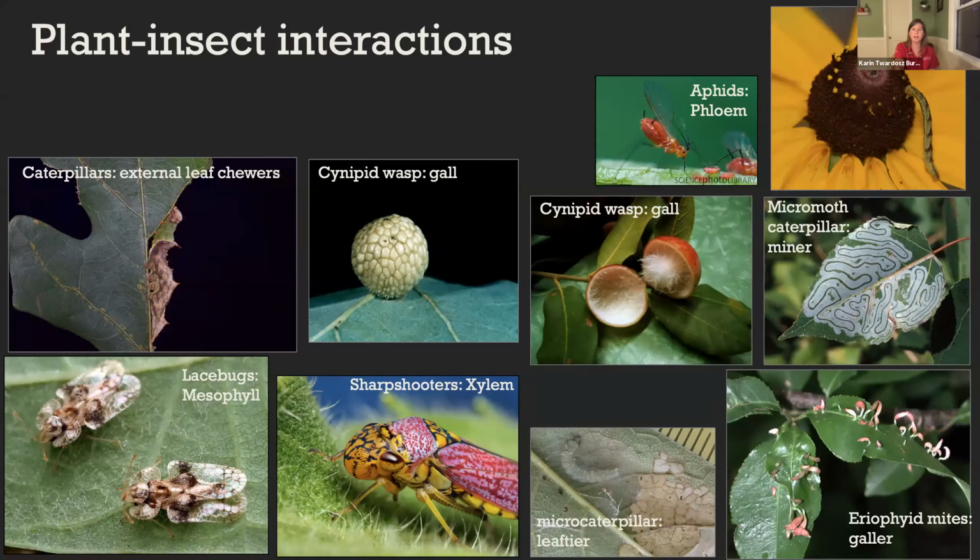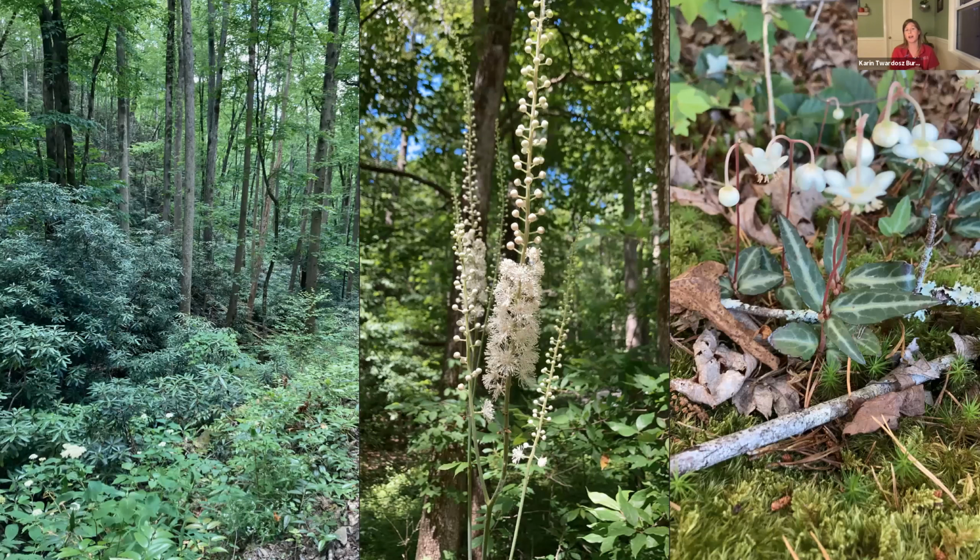And I started becoming interested in this when I first got to undergrad. But before that, I'm going to tell you that I come from the Appalachian Mountains in Tennessee. So like every scientist, I look at the world through kind of the lens of my own experience. And so these landscapes that I'm showing you here with rhododendron forests and sort of rich moss-covered landscapes are really the plant landscapes that I'm most familiar with. And I've sort of carried that through to think about these relationships in other more managed landscapes.